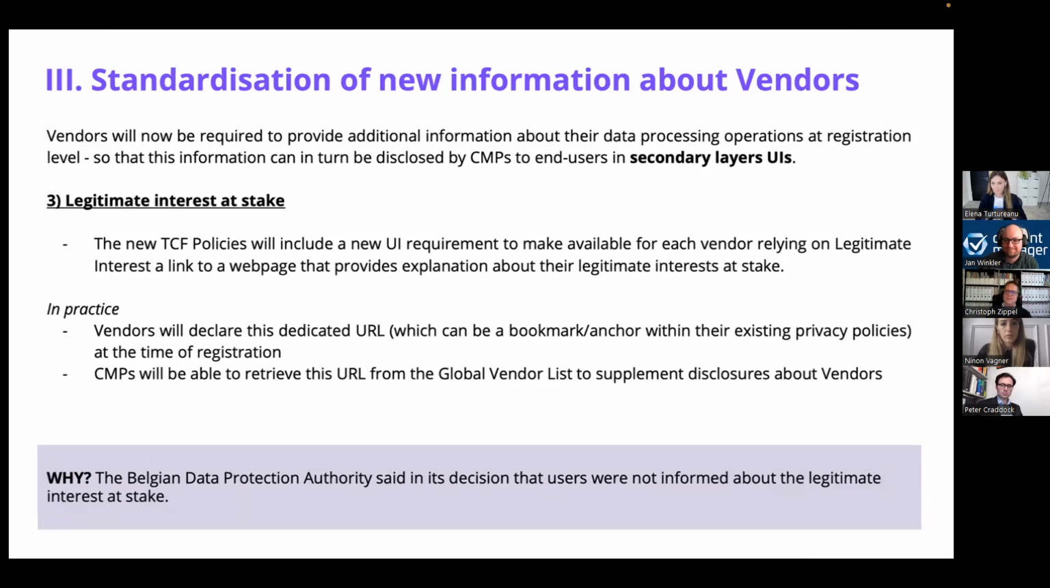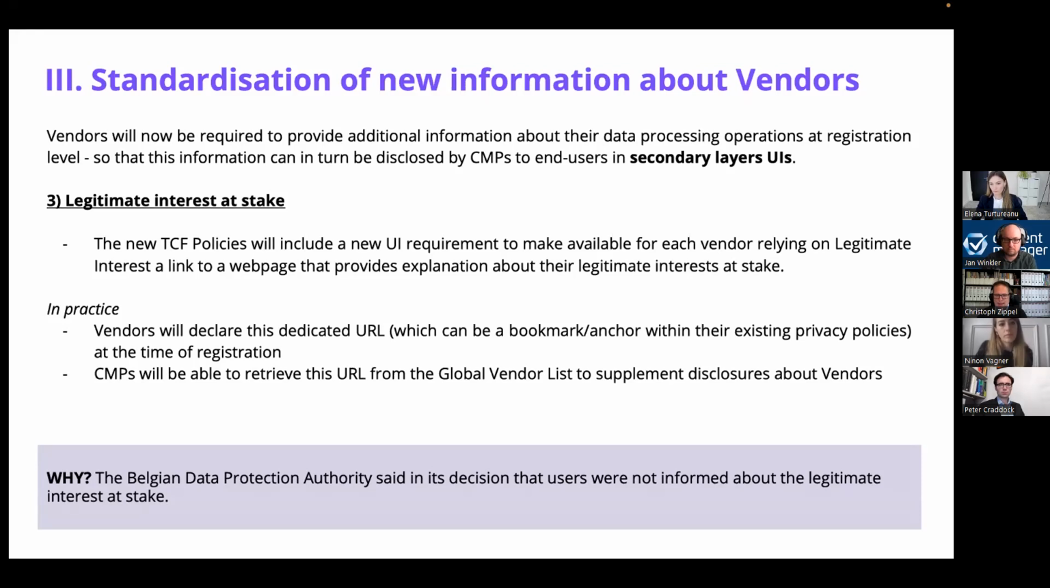Yeah, and I guess it's me again. There's another requirement for vendors to give additional information when they rely on legitimate interest as legal basis. So if a vendor wants to use legitimate interest as legal basis, there needs to be a link to an explanation about the legitimate interest at stake. In practice, vendors will declare a dedicated URL at registration, where they provide information about the legitimate interest at stake, and CMPs will be able to retrieve this URL and show it in the